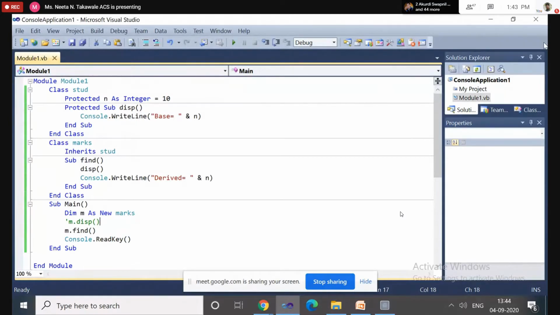Protected means protected members are accessible inside the class and also by the derived class. The immediate derived class can access the protected members of the class. Clear? Yes, ma'am. Okay, take a snapshot of this.